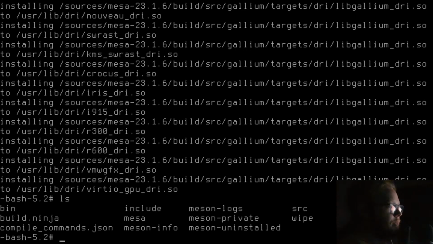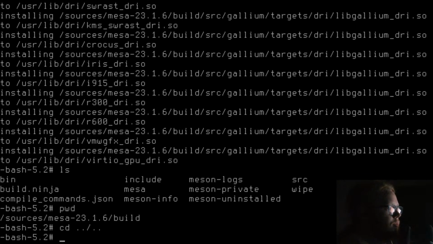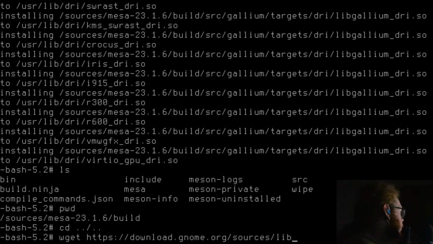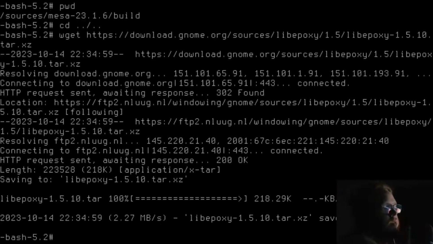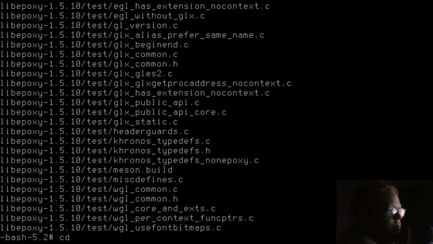So, wget https://download.gnome.org/sources/libepoxy/1.5/libepoxy-1.5.10.tar.xz. tar -xpf libepoxy, cd libepoxy.